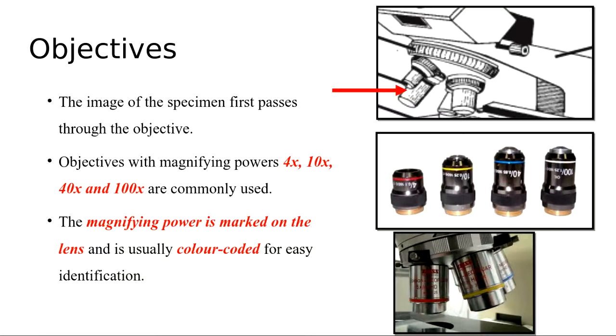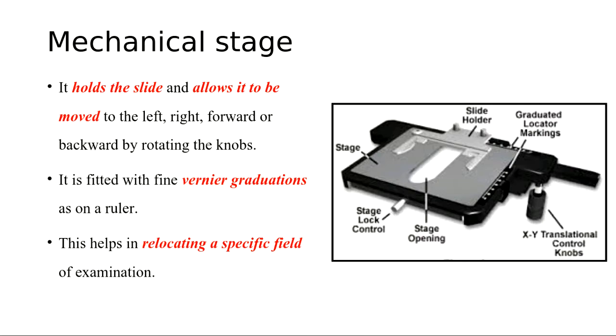You can adjust from lower. First, you should always start with lower magnification. 4x is also called scanner view because you will scan the slide. Then slowly you will start magnifying it, and they are color coded. So you should know the color coding. You may be asked in the exam.